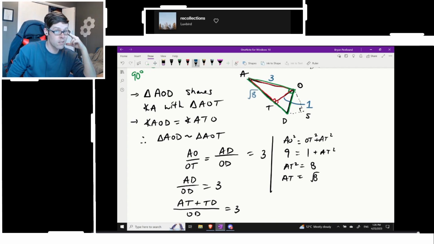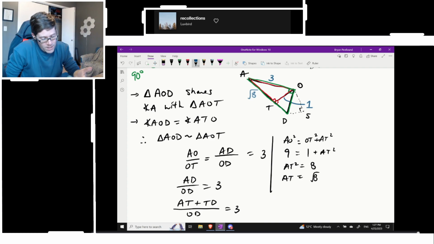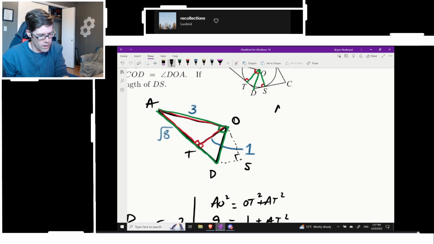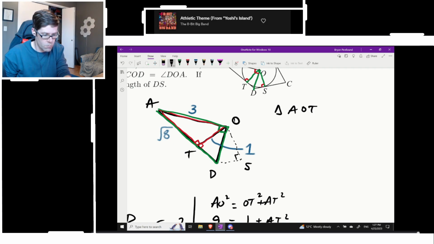If we have all three sides and we happen to know one of the other sides, we should be able to get the rest. We might not even need the similar triangle argument, to be honest. I might be able to skip over this, but let's see. I need to zoom in now. So if we know that triangle AOT has sides in order from smallest to largest of 1, hypotenuse is always the biggest, right?